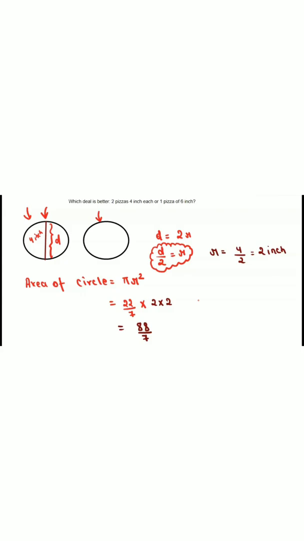So basically, if you convert this 88 upon 7 into decimals, let us check what is 88 upon 7. I hope you already know how to do this, so I'll just quickly write down the answer. 88 divided by 7 is 12.5714, and then I'll write down below 286. So this is our area of a circle